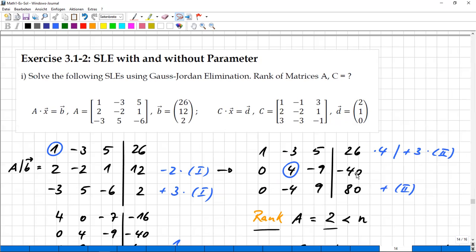So I have 104 minus 120. Oh, is that right? Yes, should be right. 104 minus 120, right? And okay, the result is negative 16. Fine, so that's done. And then in the third row, I just have to add, that's nice,